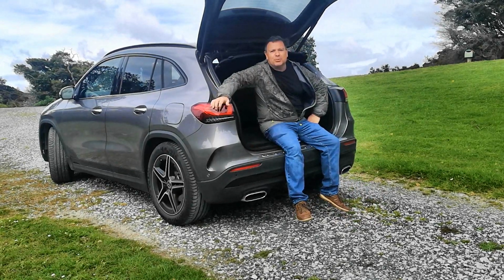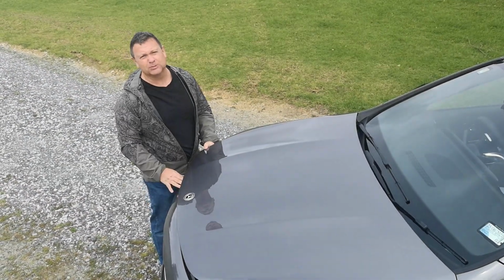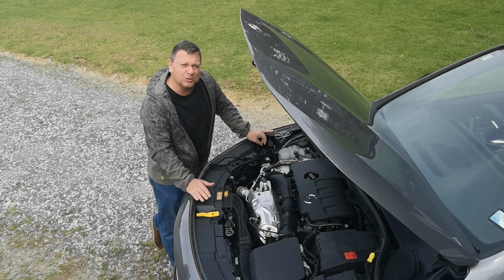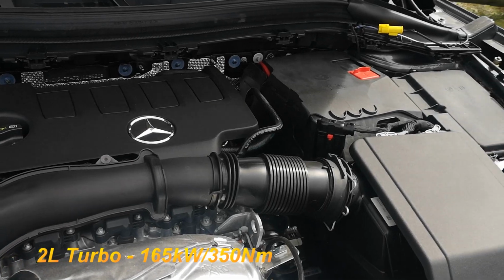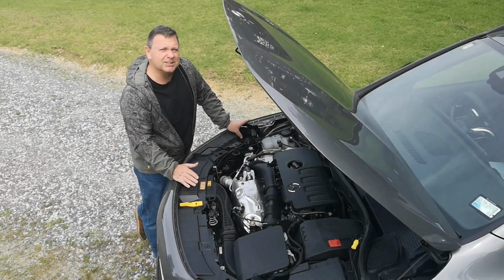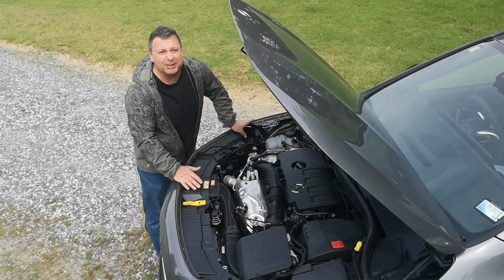But let's go and look under the bonnet and see what's under there too. The GLA comes with a multitude of powertrains. This one is the 250, so it comes with a 2-litre turbo engine that offers 165 kilowatts and 350 newton meters of torque. Much to Matthew's annoyance, this will go 0 to 100 in the same speed as his GTI, which is 6.7 seconds, and it also sips fuel at 7.3 litres per 100 kilometers, so pretty good. Speaking of Matthew and how annoyed he is, let's go inside and see what makes him either angry or